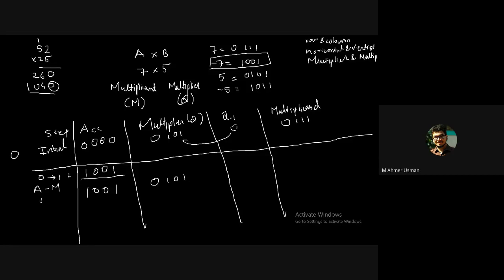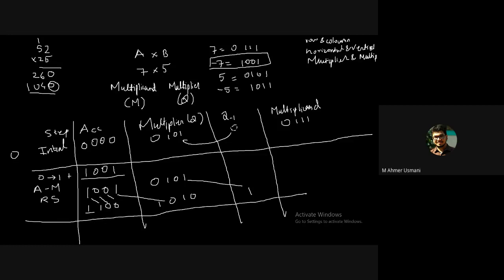After every operation, we perform a right shift. This 1 will come over here, this 0 will come over here, this 0 over here, this 1 will go over here. This 0 comes here, this 1 here, this 0 here, and this 1 will go over here. There is a vacant place left. Over this vacant place, we need to copy the MSB. Whatever the MSB is, just copy it down. It is 1, so I'll write 1 over here. This is the finishing of the first step.